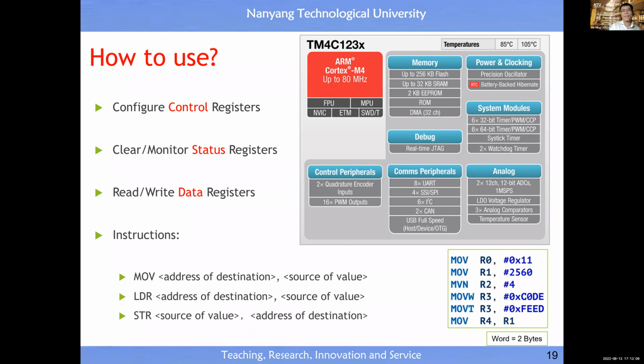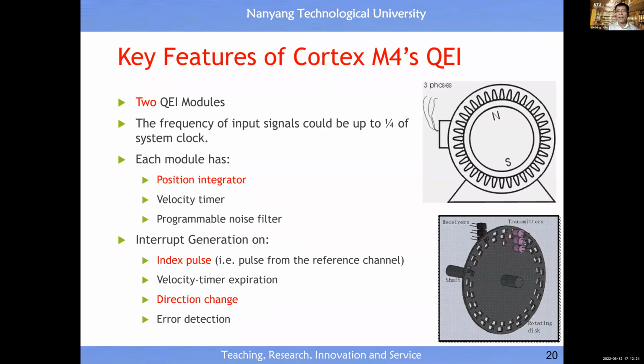the tool for you to configure the microcontroller, you just use one of these three instructions, right? You move a value into a memory address, that's it, all right? So then automatically you configure the hardware. The hardware will do the job for you, right? Okay, then for the interface with a digital sensor. So you remember, digital sensor means a sensor which allows you to convert the value of the measurement into a square wave, right? The value of the measurement could be velocity, position, distance, whatever, right? Then the output is a square wave, right?